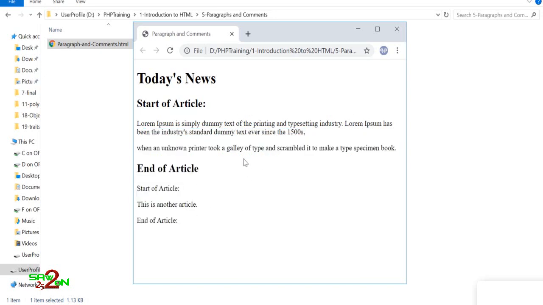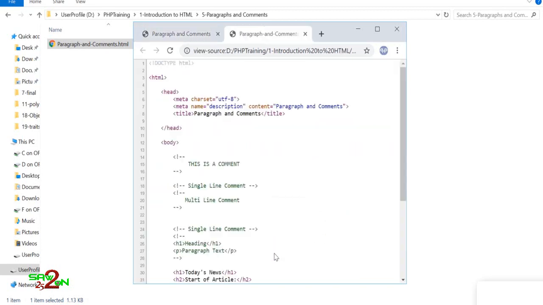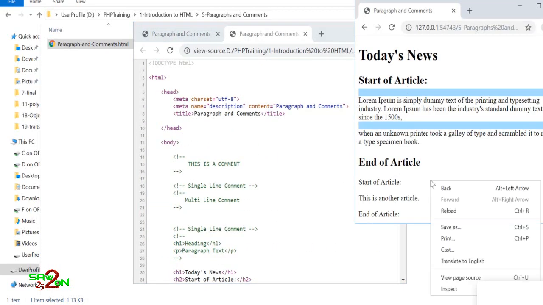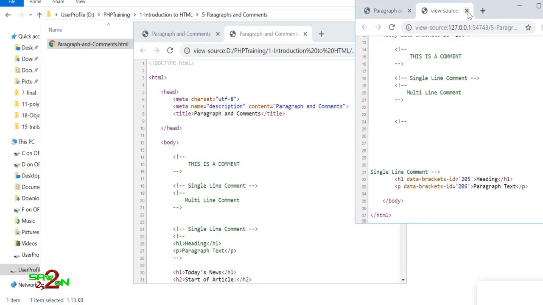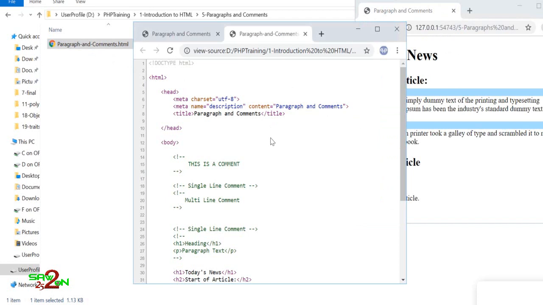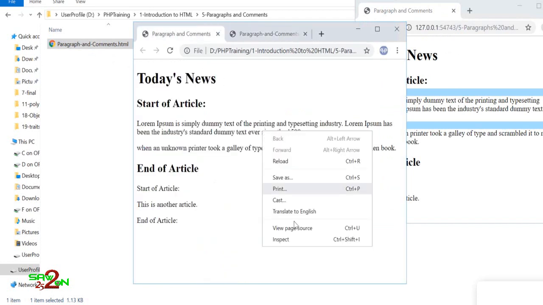To see the source code, right click on it, view page source, and you should be able to see the source code. And if you see the source code from here, from the brackets, you will see some of the brackets tags added here. So don't go and open this up and view your code. Make sure you open your file via a browser, and then you press Ctrl U or right click or say